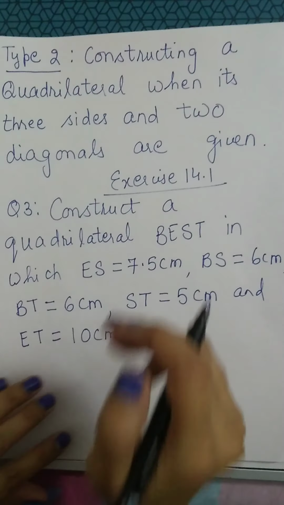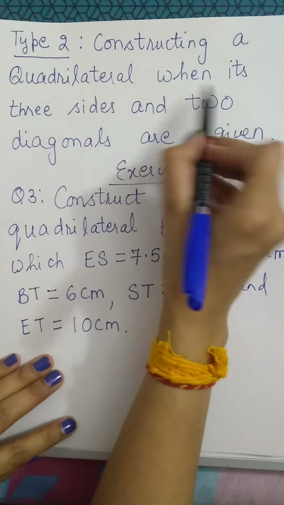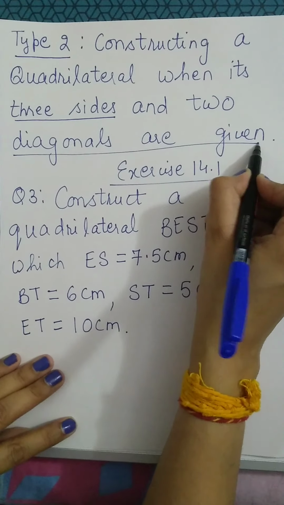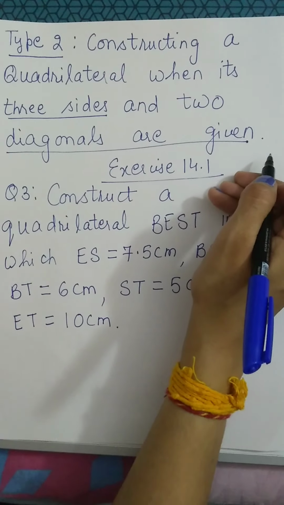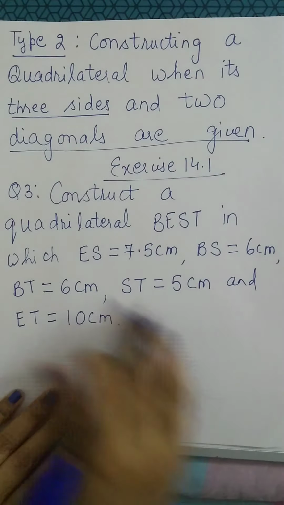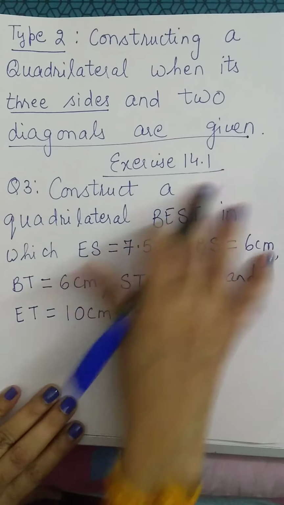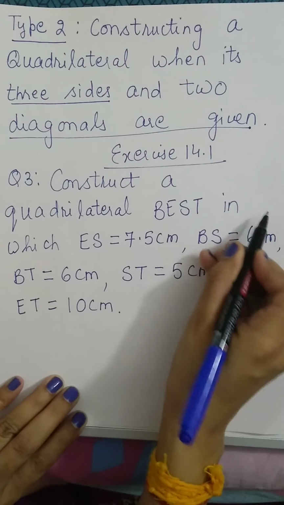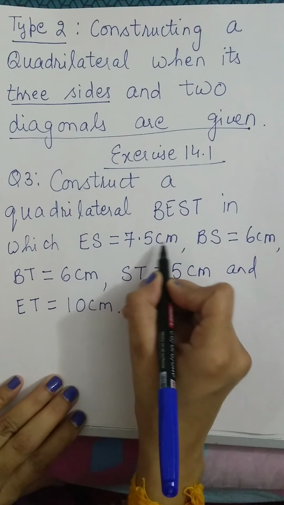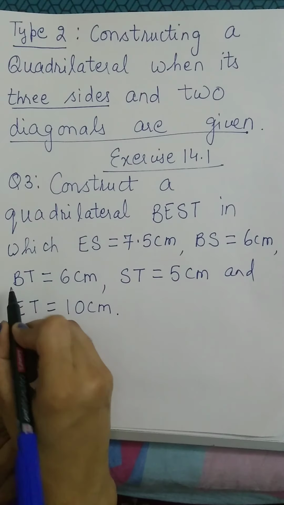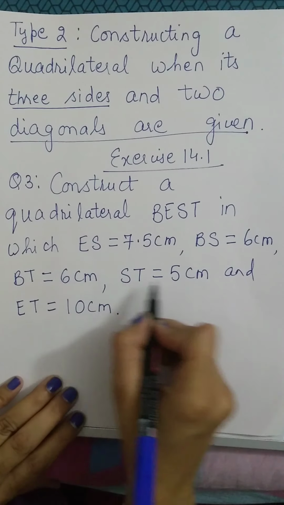Let us discuss one more type here. Second type is constructing a quadrilateral when its 3 sides and 2 diagonals are given. Now this time instead of 4 sides we've been given 3 sides and instead of 1 diagonal 2 diagonals are given. This is question number 3 from exercise 14.1. Construct a quadrilateral BEST in which ES is 7.5 cm, BS is 6.5 cm, BT 6 cm, ST 5 cm